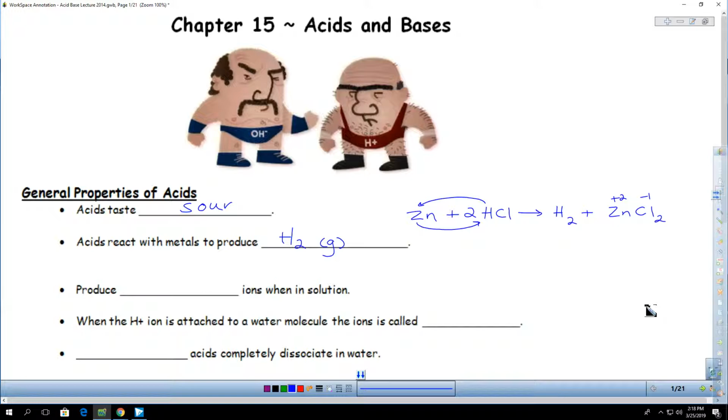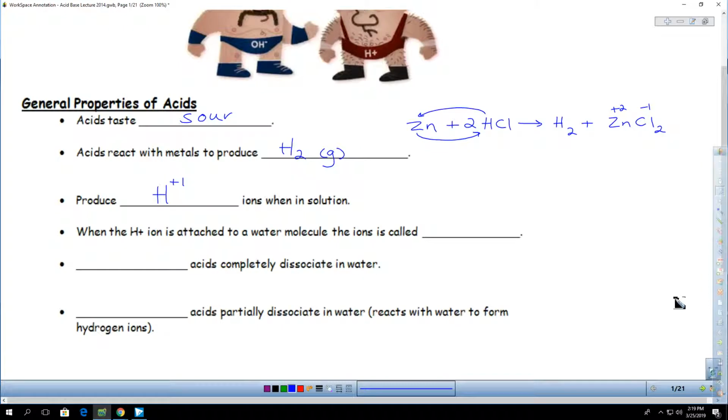Now, on a particle level, acids are solutions that contain hydrogen ions. They're going to look like little H+1 ions. So the acid is the hydrogen donor. We're concerned with solutions that have hydrogen ions. Sometimes the hydrogen will just be like a free-floating H+1 ion, but sometimes that hydrogen ion is attracted to a water molecule. And when that hydrogen ion attaches to the water molecule, it looks like this,